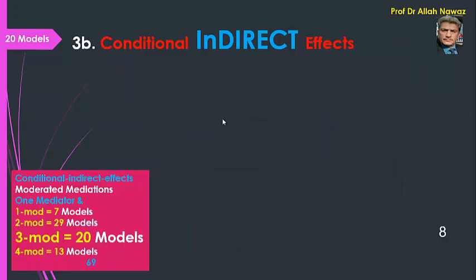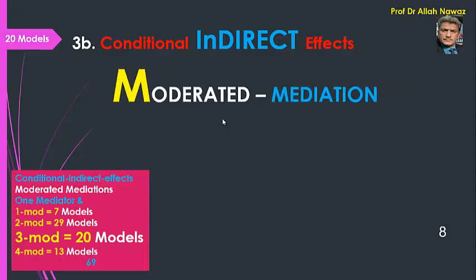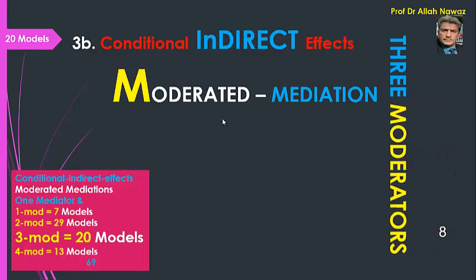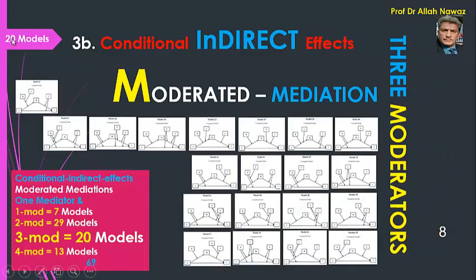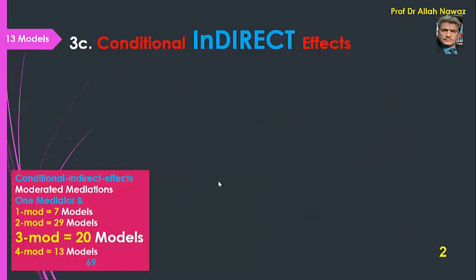The third category within the moderated mediation is the moderated mediation using 3 moderators, and there are about 20 models given in the Hayes process macro, which can help you to use 3 moderators in changing the indirect effects of a mediation model, and the final category